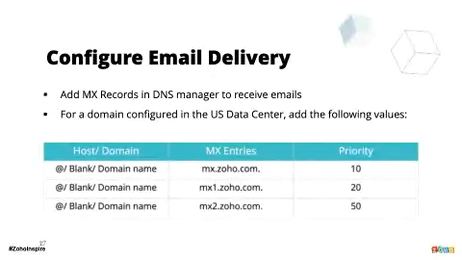Say you have a Gmail specific MX record added and you have a lower priority added for that specific record, that is what will be tried first. That will be tried even before the MX records specific to Zoho Mail are tried. We do not want that to happen once you've moved to Zoho Mail. So make sure that you've removed the GSP specific records or any other previous email service related records from the control panel, from the DNS manager. Only the records pertaining to Zoho Mail must be there.